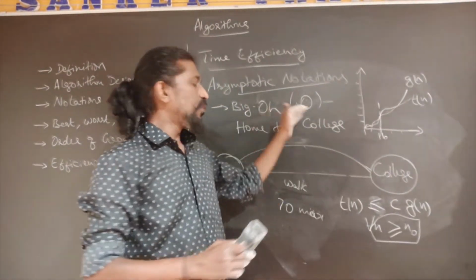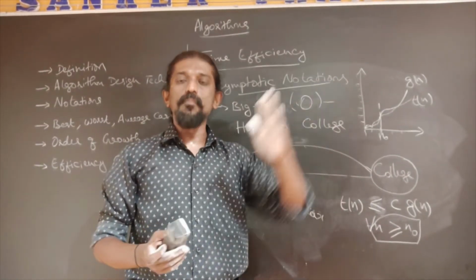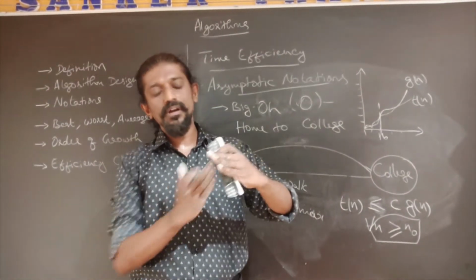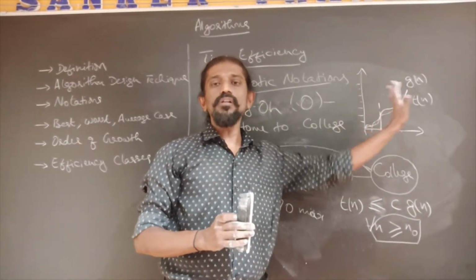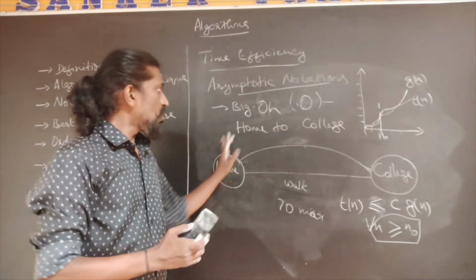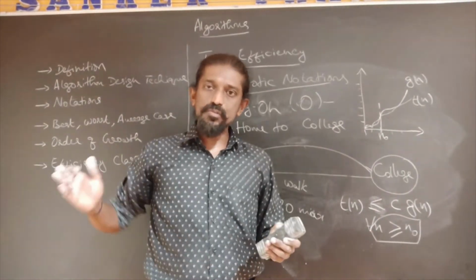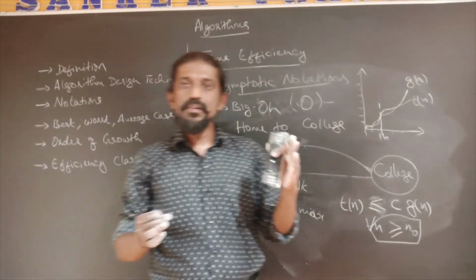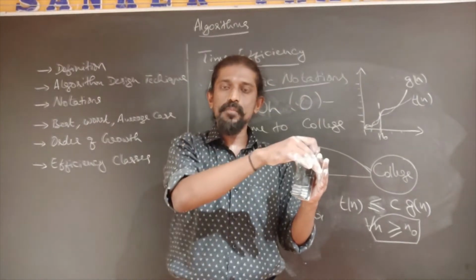Okay, therefore we tell O notation bounds the curve t of n from above. It bounds the curve from above so that the curve cannot go beyond that particular curve. It will be less than or equal to. So this is O notation. So O notation gives an upper bound, omega notation gives a lower bound. O notation tells the maximum time or maximum effort that you have to put to solve the problem.